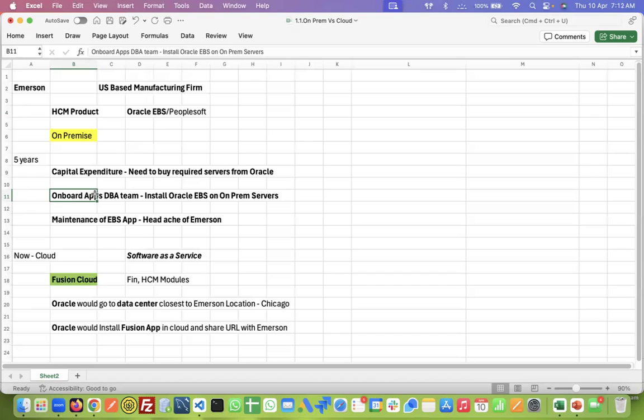team. They used to onboard the administration teams to install this Oracle e-Business Suite application on those servers that Emerson has bought from Oracle. This team is going to install the business suite on those on-prem servers. Okay, and who is going to be responsible for maintenance of the EBS application, guys? Where is the EBS application running? It is running on the servers that Emerson has bought from Oracle, and those servers are lying on the premises